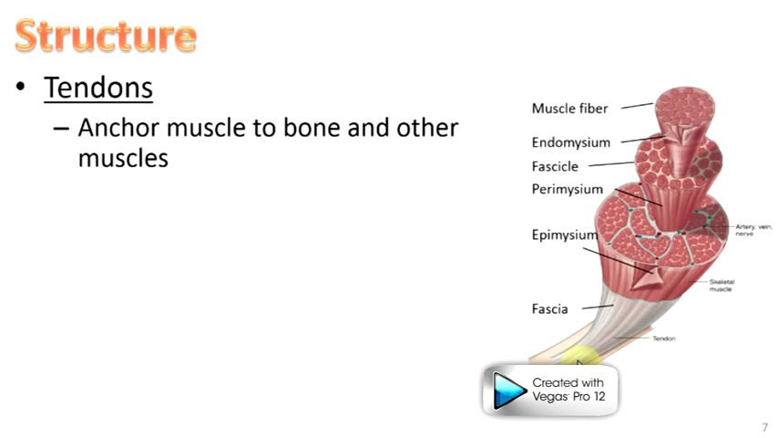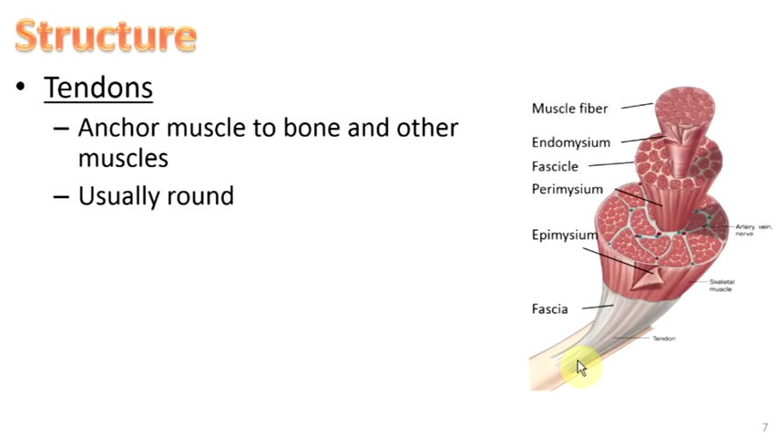Tendons anchor muscle to bone, or they anchor muscle to something else. Essentially, they anchor muscle to muscle. They're usually round, but not always. You can see in the picture here, the example I usually use is the bicep. As the muscle ends, the deep fascia continues on and is what becomes the tendon, and so they're generally going